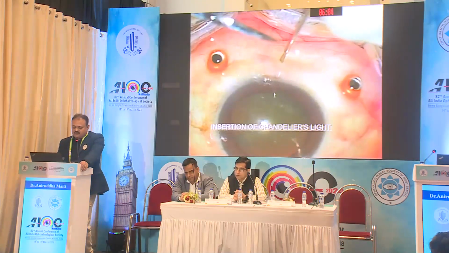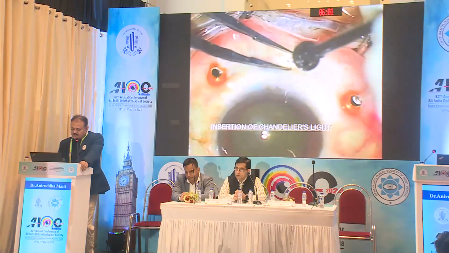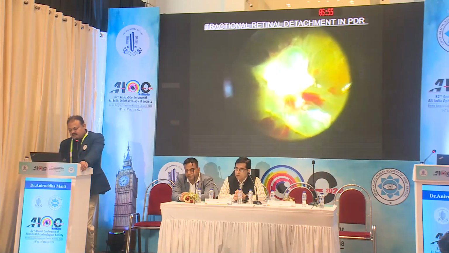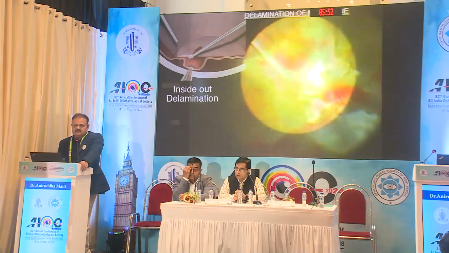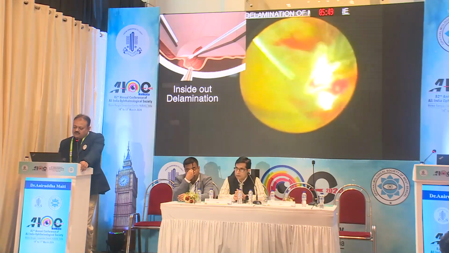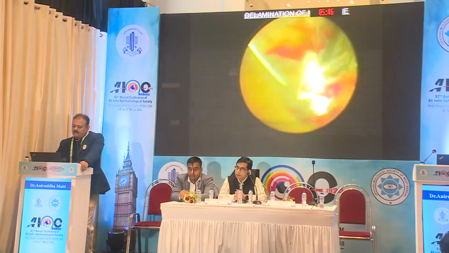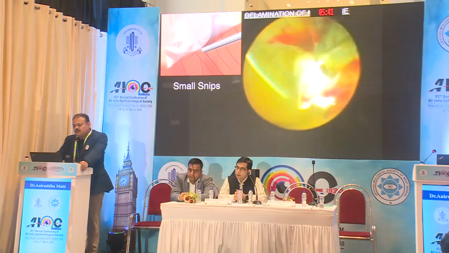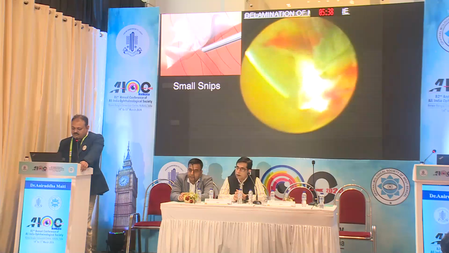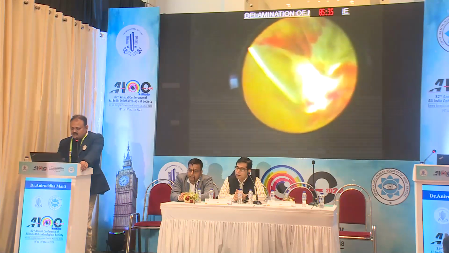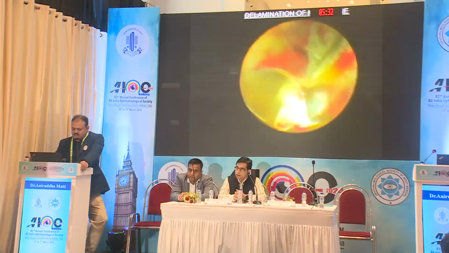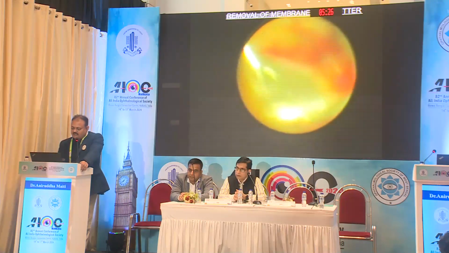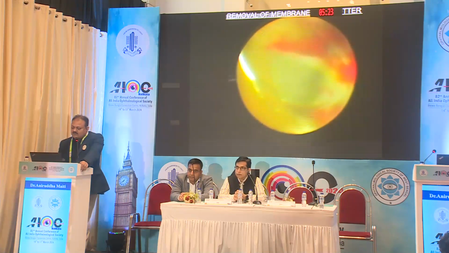Another technique where we can prevent the iatrogenic break. Nowadays, due to good instrumentation, we don't use it much, but for a very severe, large fibrovascular membrane, this is the only option. You approach by chandelier illumination and do a bimanual dissection, where you can manage the membrane without causing any iatrogenic break. The typical technique is a small snip. You have to go underneath the membrane and remove the membrane from the retina. Once it is detached from the